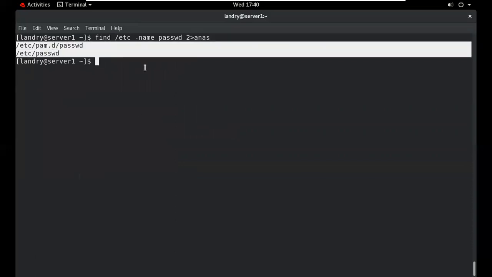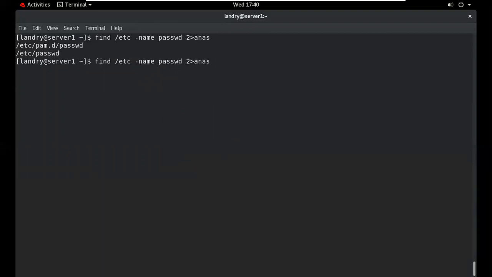But we also want to save the output in a file. So now what will I do? Greater than sign, then the out. The name of the file is this. So now you see nothing on the screen. Your output will be saved in this file and your errors will be placed in this file. So this is the use of these particular commands. So this is the redirection policy.